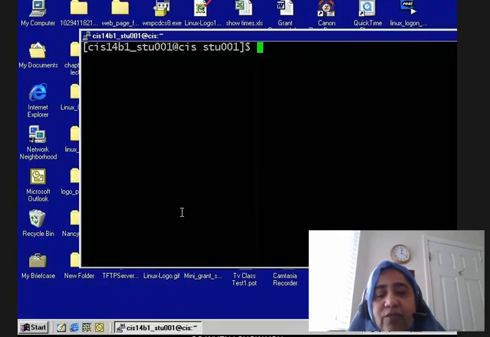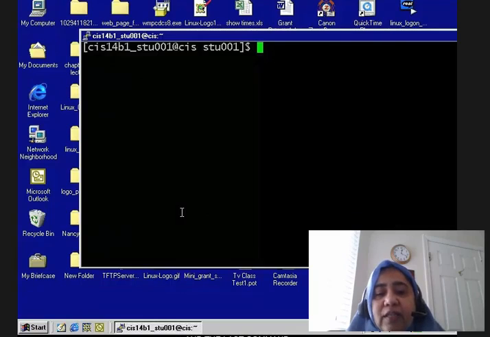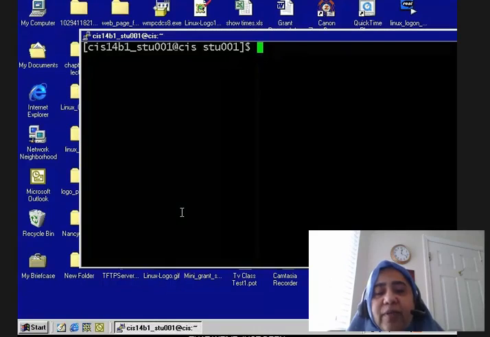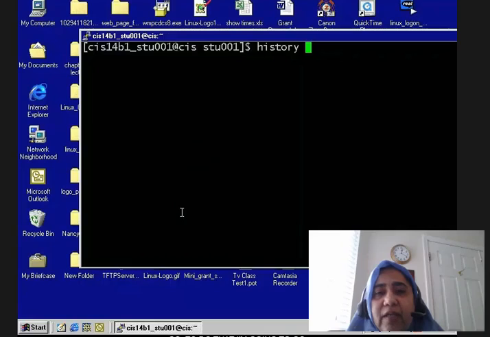So the way the history command works is that every time I add a command, it gets stored at the bottom of the file, and then when I execute the history command, it simply displays the list of commands that it has stored in the history file, right? So here I go, I type in history, and it looks like it's going to be a rather long list because we have